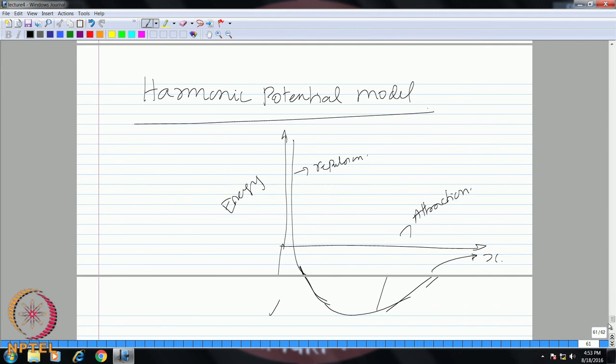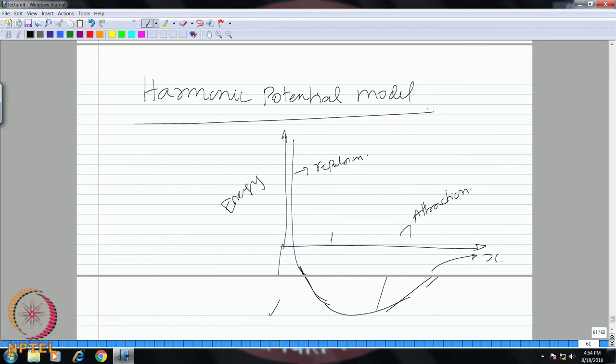So, how do we take this into account? This is your actual potential constraint that you have to put in the Schrodinger's equation, but however, you see this is a very complex potential, right. You have a power law dependence, and that is different for the repulsion, different for the attraction. So, in order to make it simple, we use the harmonic potential model, which makes an approximation that you have